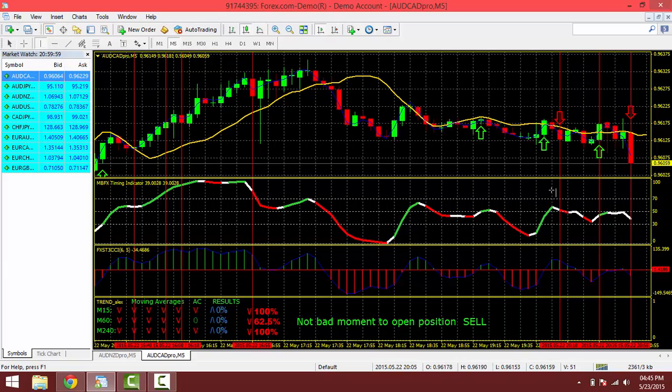So if we're in a moving trend, if we're moving upwards, then I would just be concentrating on the green arrows. If it's a downtrend, I'd be concentrating on the red arrows. Okay, so in this case right here, we're gonna go through the last three arrows and see why they would be good or bad trades. Okay, first of all,